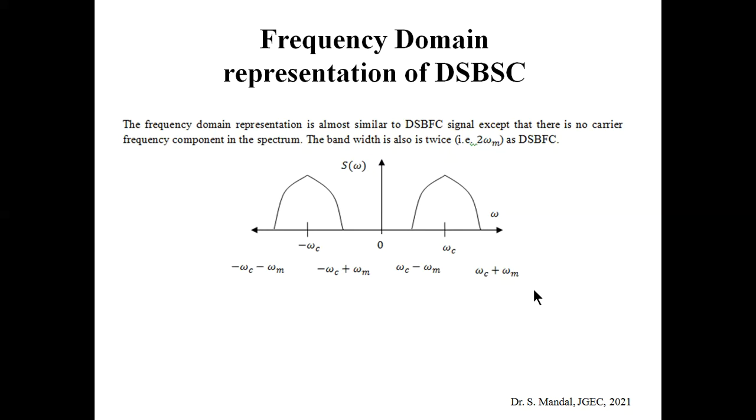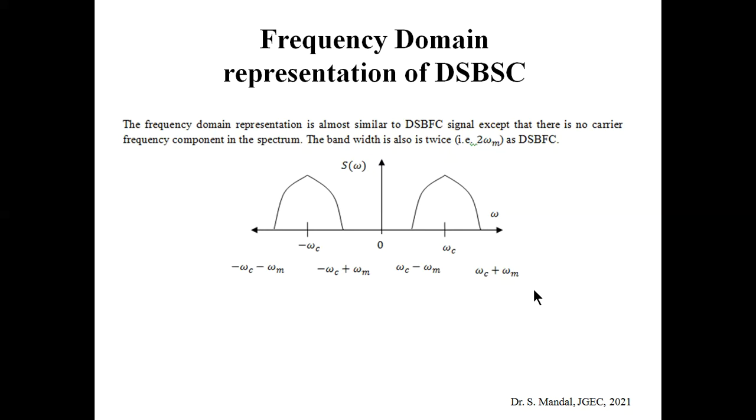Now, a frequency component means sideband or frequency spectrum. So the higher frequency spectrum is the upper sideband and the lower frequency spectrum is the lower sideband. As there are two terms, upper sideband and lower sideband, and they are symmetric with each other, that's why we call the term double sideband. And remember, each of the sidebands contains the whole information of the original message signal. This is quite different from the time domain representation. So that is the double sideband.